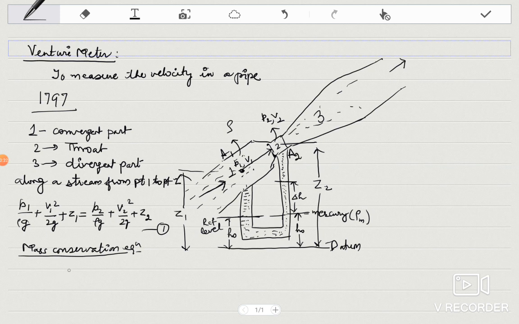So the mass conservation equation says V1 A1 is equal to V2 A2, and we have to find the velocity at point 2, so we need V2. So we will substitute V1 in terms of V2, that is A2 upon A1 times V2, and substitute in 1, and solving you will get